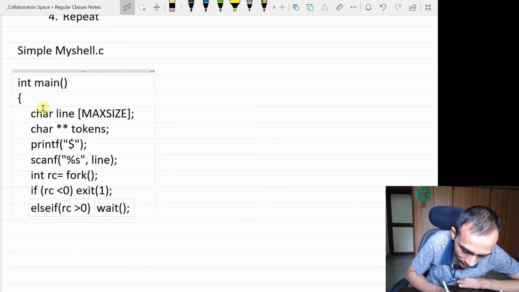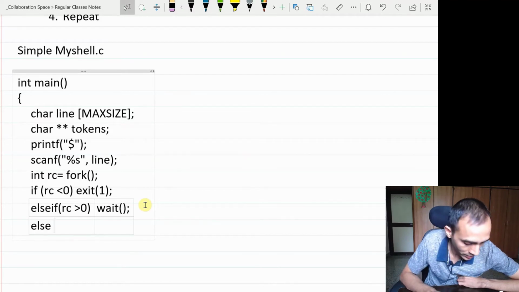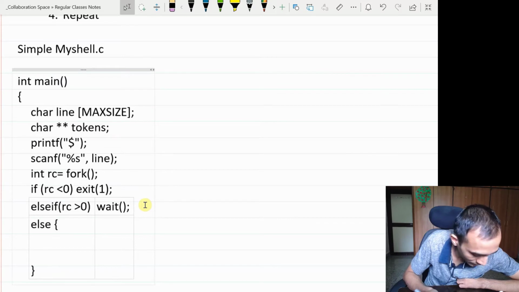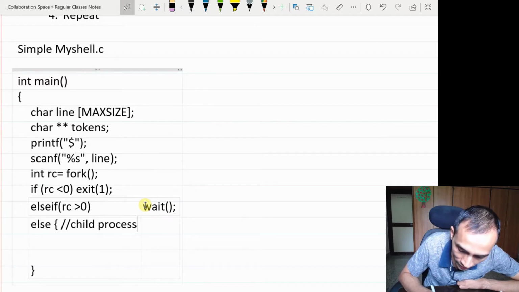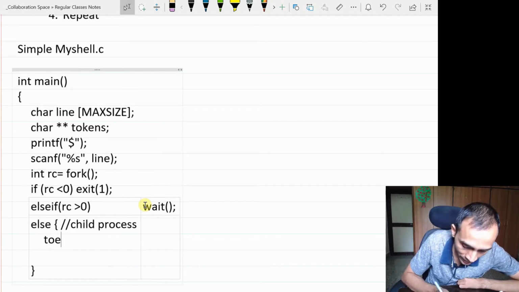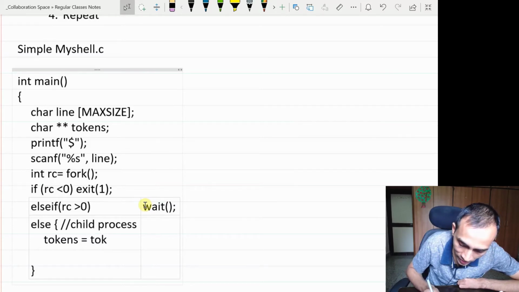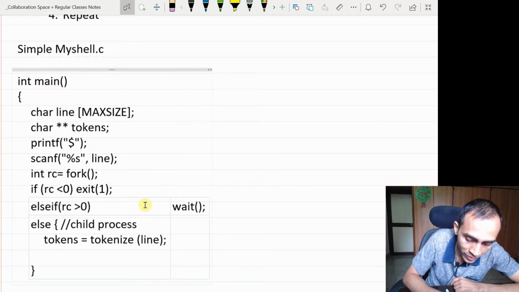And in the last option, this will be for the child process, where I want to execute the command. So here I can try to parse that. So I have to write a function for this. I can write a function tokenize. I will leave it as an exercise to you, how to parse a line of command. This tokenize would parse this line of input and create separate tokens.